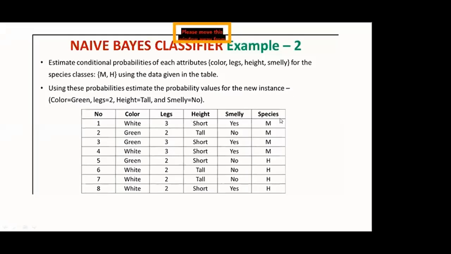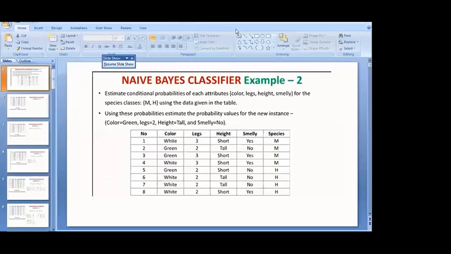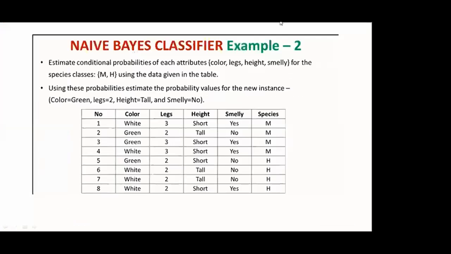Based on these four attributes, the species is classified as either M or H. With this given data, they have asked us to find out the probability values